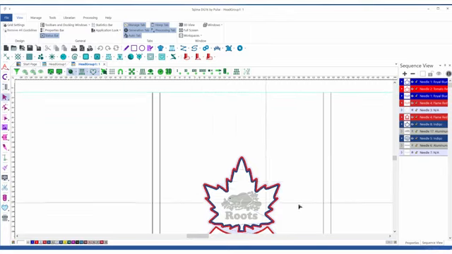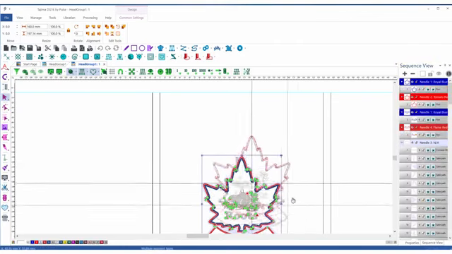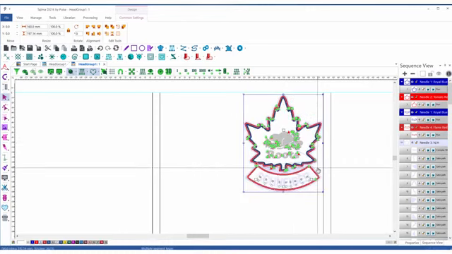We'll drag a guideline to see the top limit of the frame. Then I will select all of the segments of the large patch and move the position towards the top right side of the embroidery area. I'll also use a guideline